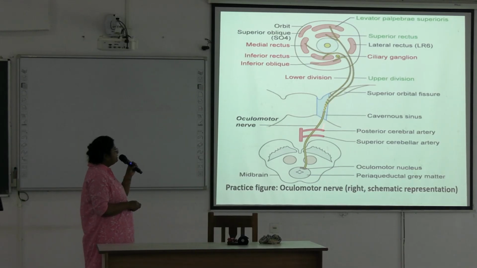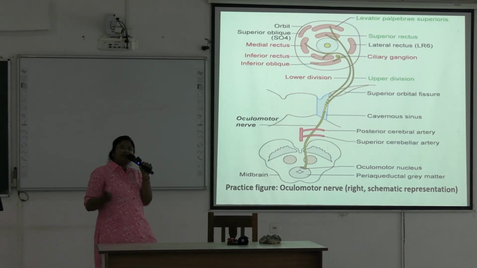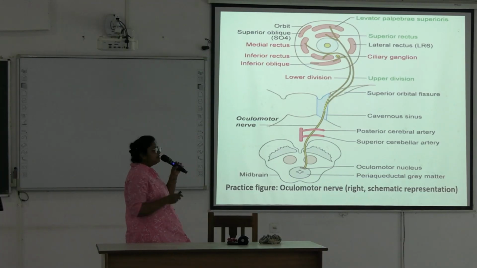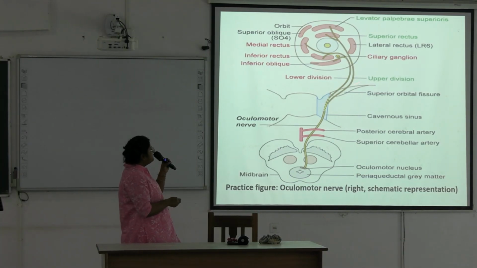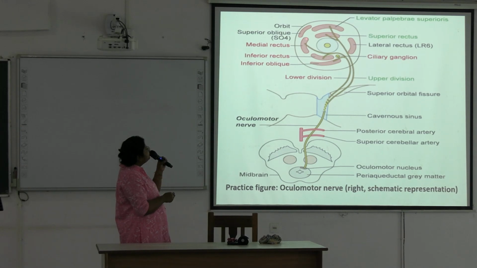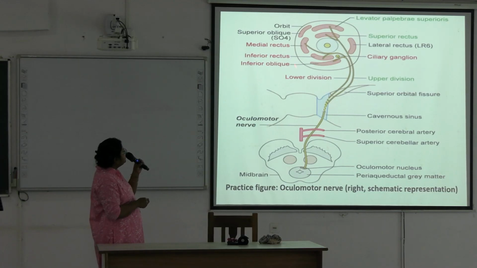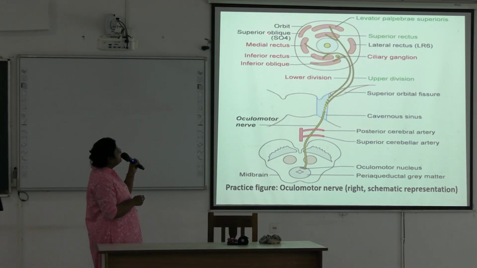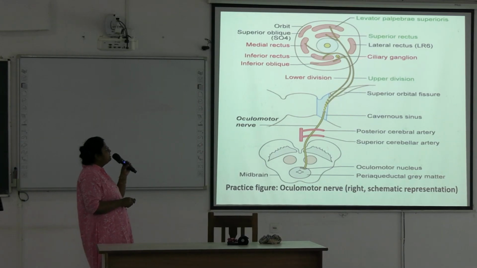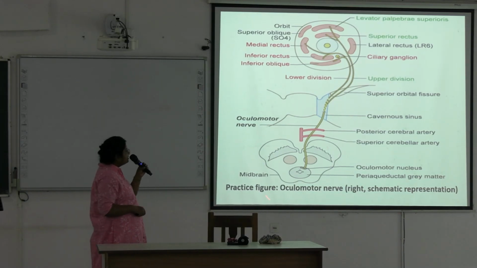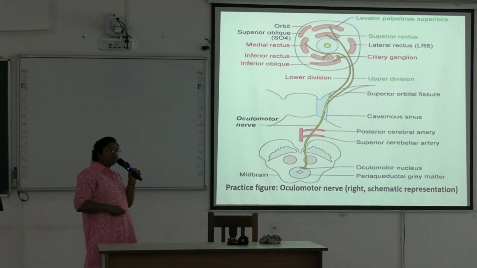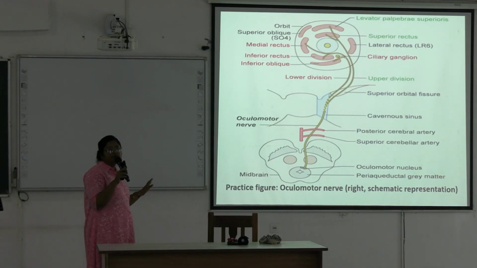Then after that, it is entering into the cavernous sinus, lying on the lateral wall of the cavernous sinus above the trochlear nerve. Okay. After that, it is entering through the superior orbital fissure, dividing into two divisions, upper and lower divisions. Upper division is supplying superior rectus, levator palpebrae superioris. Inferior division is supplying the inferior oblique, inferior rectus and medial rectus, and it is also giving a communicating branch to the ciliary ganglion. So this is the whole of the course of the oculomotor nerve. Okay. So if it comes in your theory long question, you practice this diagram for course of this nerve.